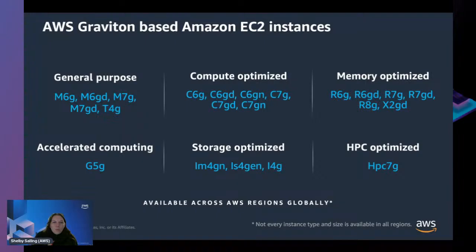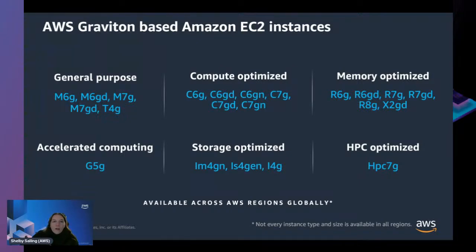So I'm going to show this one more time just to give an overview. Again, available across regions globally. This is an aggregate list of instance types that run across the processors. So clearly, one takeaway is a lot of flexibility as we innovate and release new processor types and instances that run on those processors. I'm going to let some of my co-hosts talk a little bit more about the how of adoption,